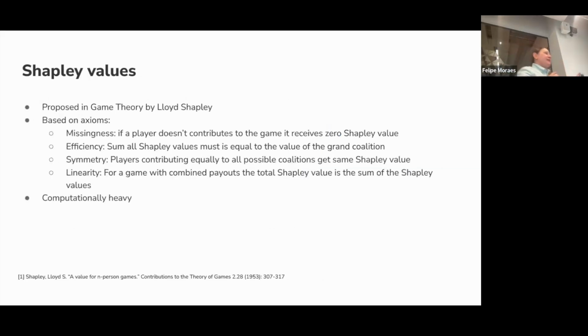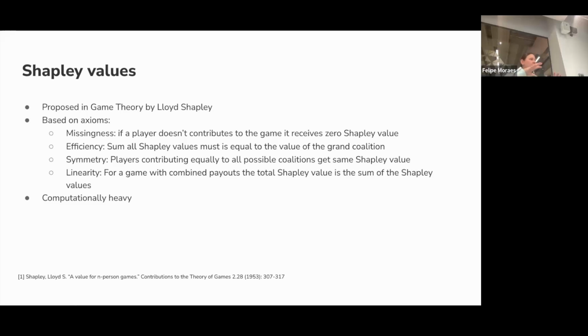The next one, I believe, is a super popular topic. So do we have people who don't know what it is about? Okay, I will cover it quickly. I believe everybody does, but basically Shapley values. This concept was proposed in game theory in the 50s.